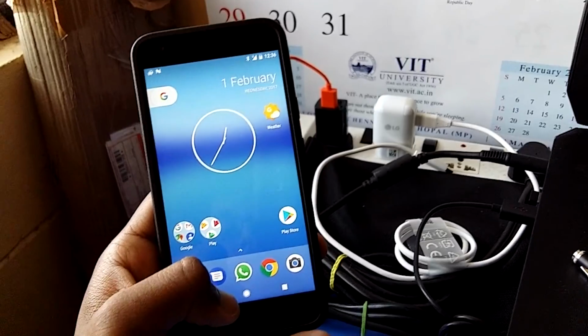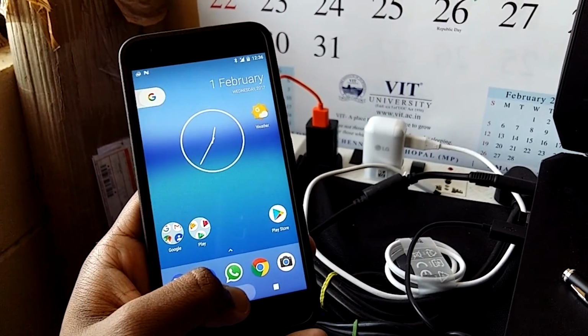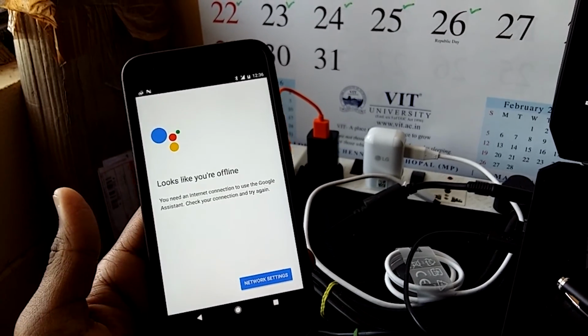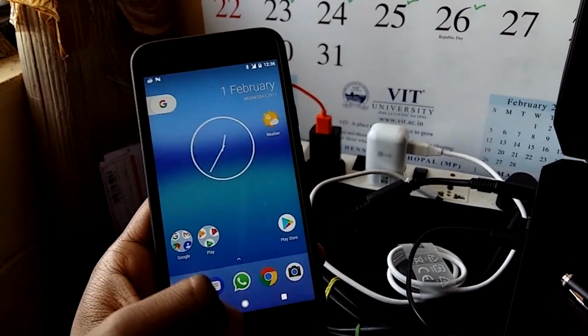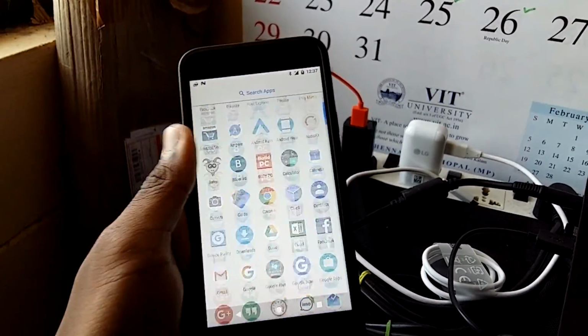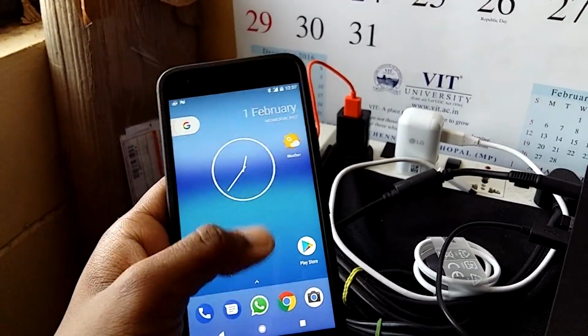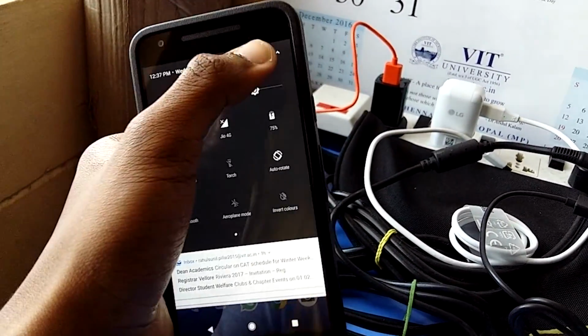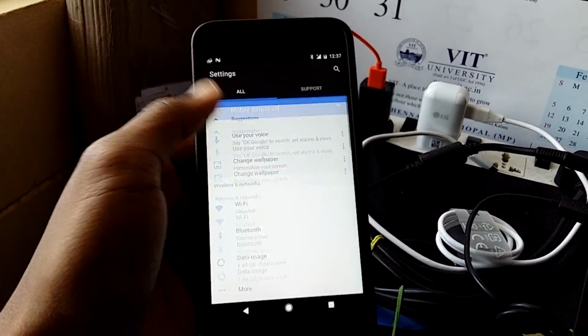We are left with Google Assistant. So we go ahead, press and hold the home button, and there we've got Assistant. I've not set up Assistant on my phone, but it works perfectly. So that's it. That's how your phone would look if it's pixelized, be it a Moto phone or a Nexus 6P or whatever it is. Any phone running Android 7.0 or 7.1 should support this mod.